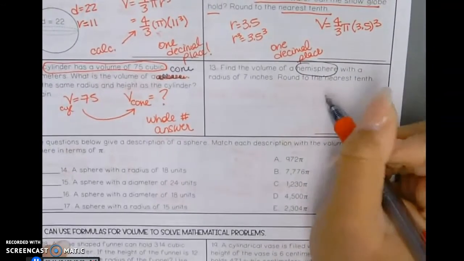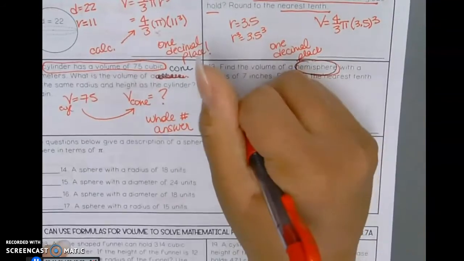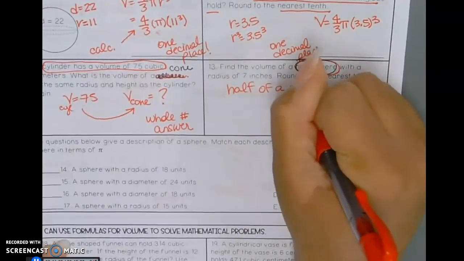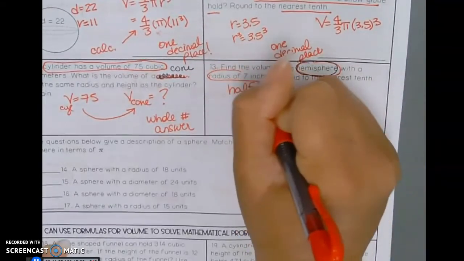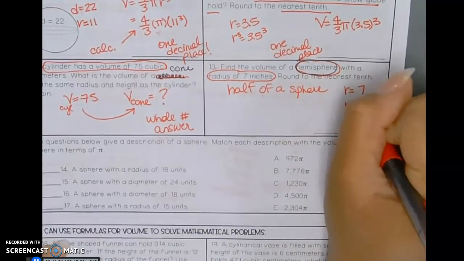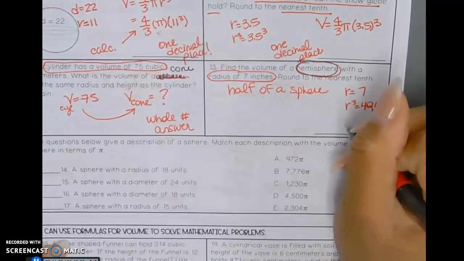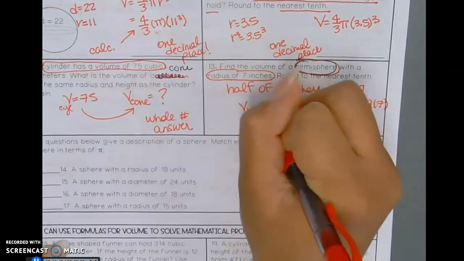Number 13. It says find the volume of a hemisphere. A hemisphere is half of a sphere with a radius of 7 inches. So R equals 7. R cubed equals 49 times 7. My volume of a hemisphere,